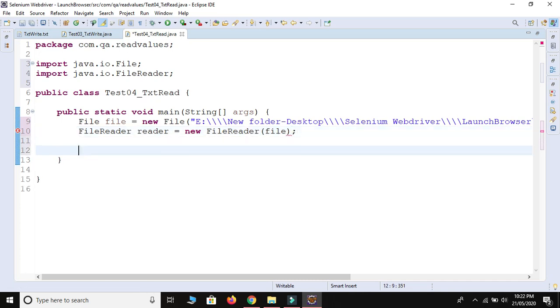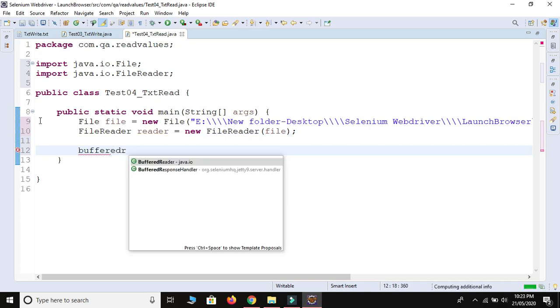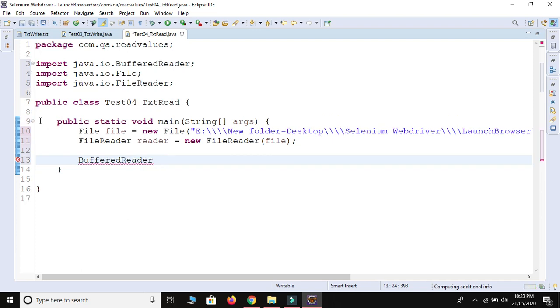Okay, then we use buffered reader. So we use buffer reader, let me make it only R, reader is equal to new buffered reader.